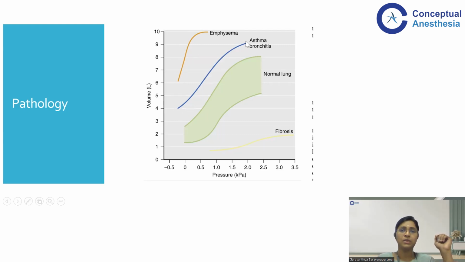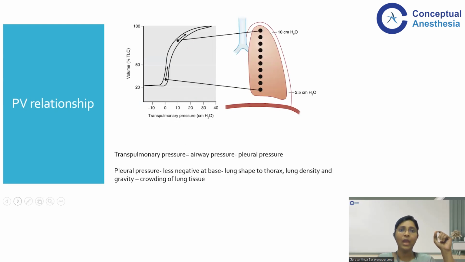The same happens with asthma and bronchitis. It may look like a highly compliant lung because the increase in volume for a unit change in pressure is high, but this will not translate into a clinical benefit because this is also associated with increased resistance. Since this curve shows only compliance, the resistive properties are not mentioned, and this increase in compliance does not yield any clinical benefit in patients with asthma and emphysema. And coming on to the pressure volume relationship of